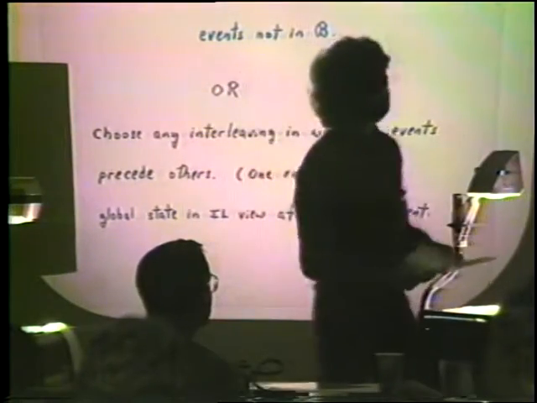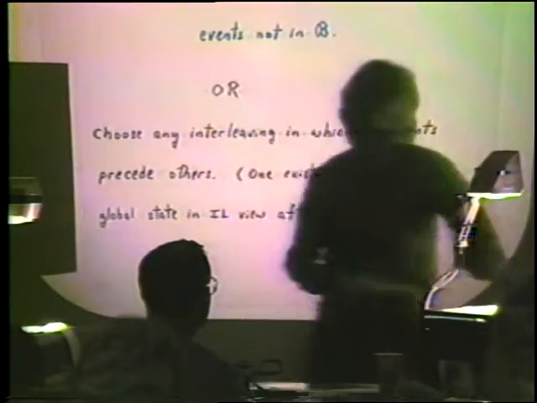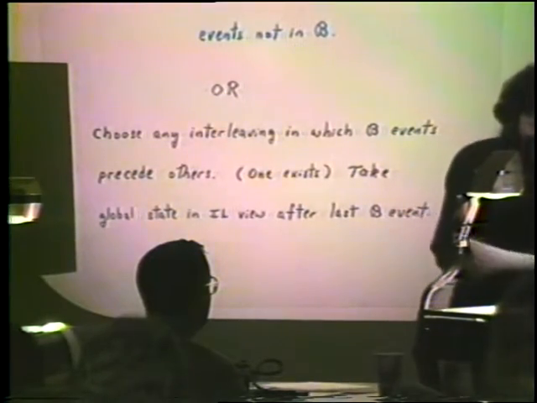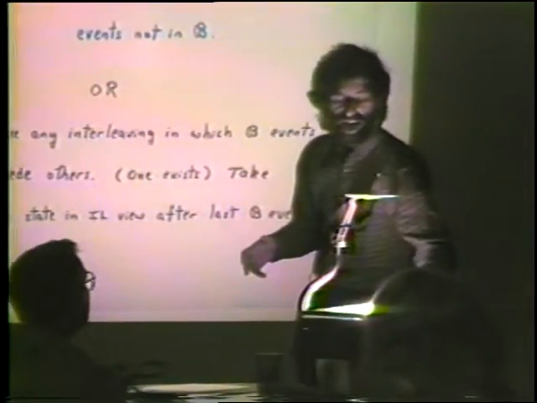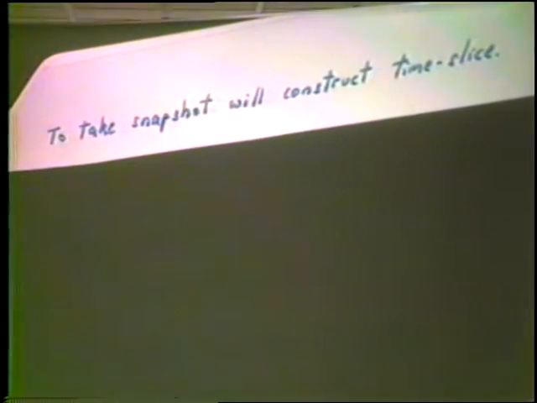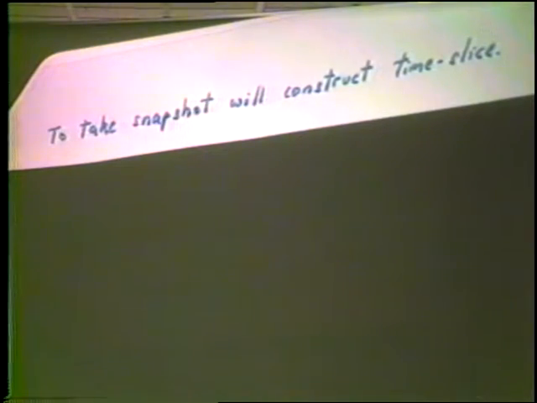I should have mentioned earlier that in order to take a photograph, there has to be an algorithm here, and messages have to be sent. I'll have to add some state information, and I may have to send some extra messages. But those messages that I'm sending and the state that I'm adding to the processes isn't part of the system. That's part of the camera, and it's not supposed to appear in the photograph. That doesn't appear in the snapshot. What appears in the snapshot is the state of the original system.